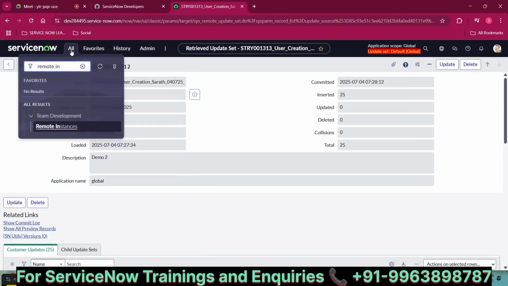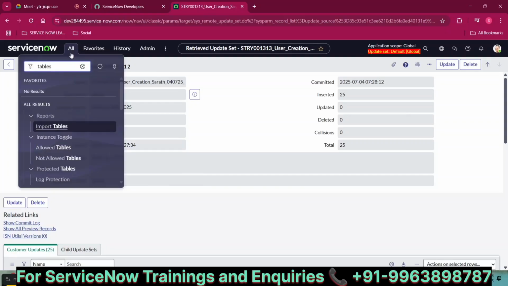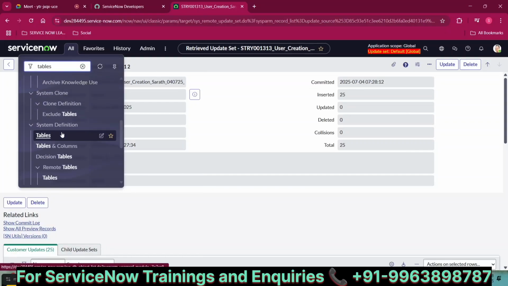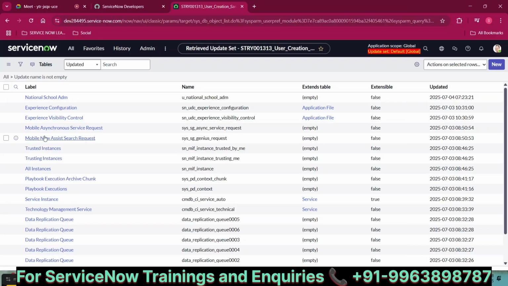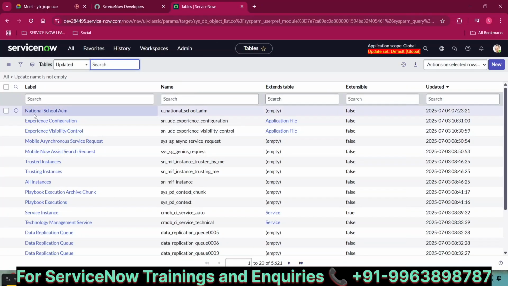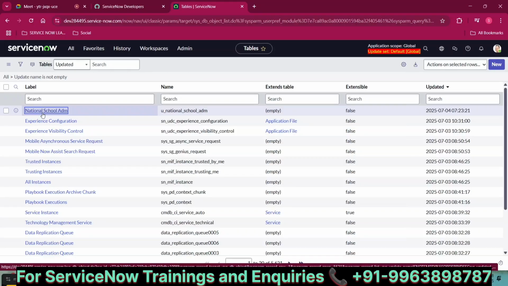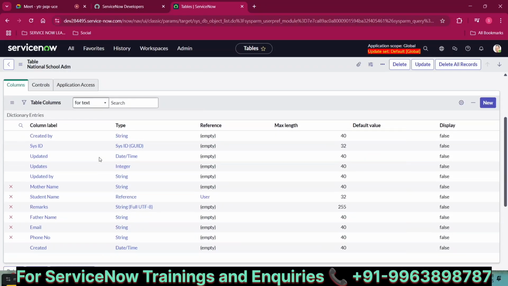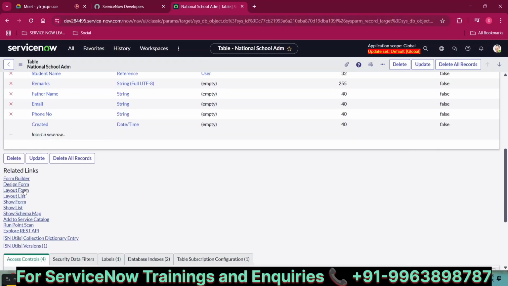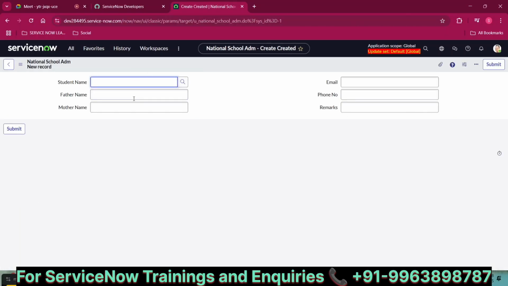Click on filter navigator, tables. Under system definition, we have the tables. You can select national school admission here. You can open this table and check the columns which are already there with the customizations and the form layout changes. Click on show form. You can see the settings are also applied regarding the 2 columns. Okay,